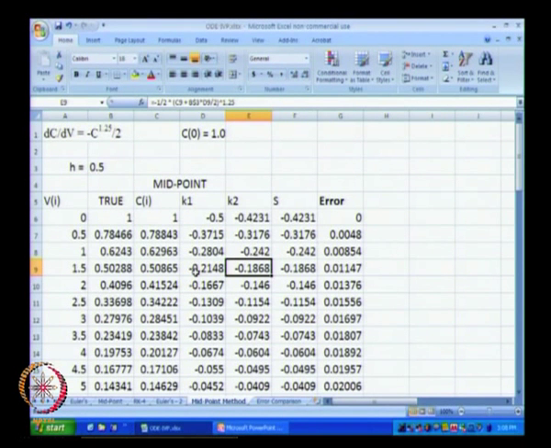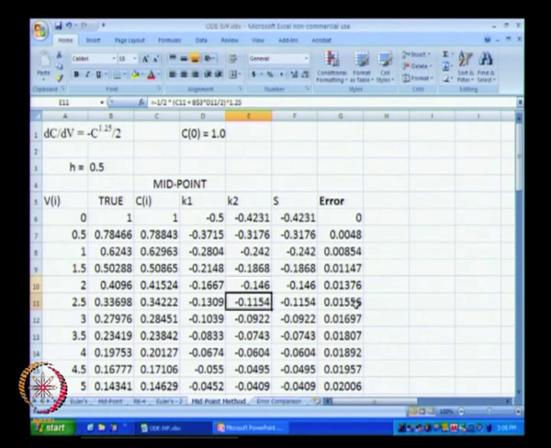So, I will click F2 and we will be able to see the formula. Okay. So, it is minus half multiplied by Ci plus h multiplied by K1 divided by 2, this whole thing raised to the power 1.25. Okay.